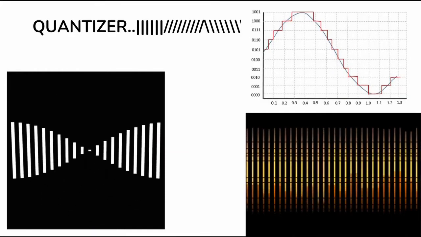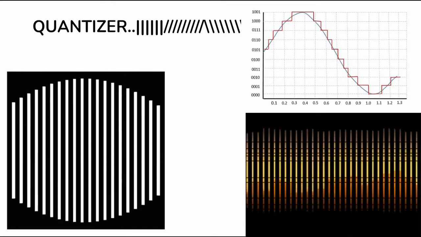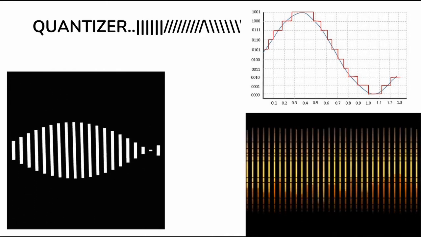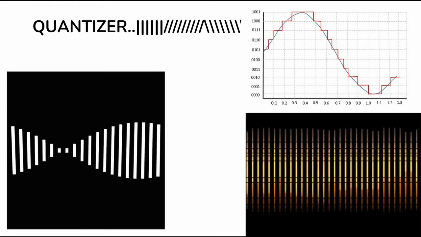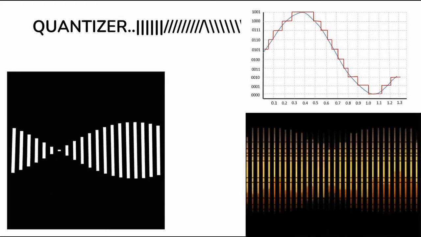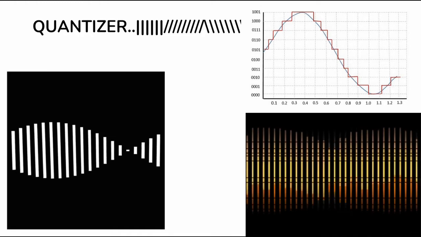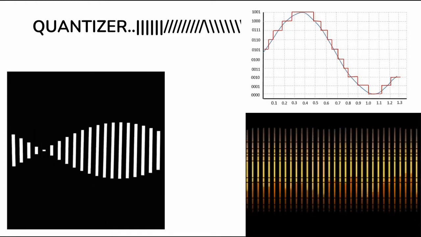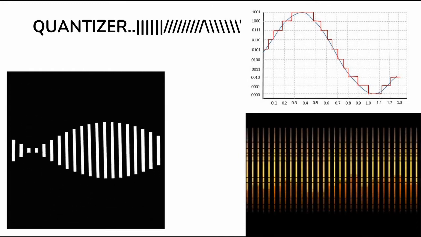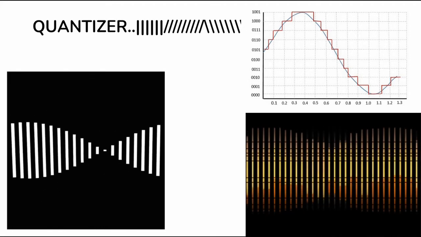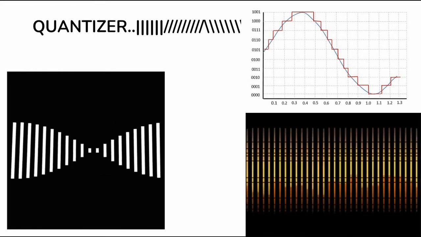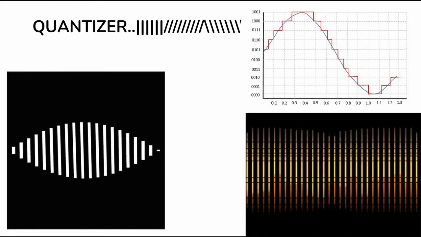A quantizer rounds off these sample values to a discrete value in a set of L quantization levels. The resulting quantized samples g_q(nTs) are discrete in time by virtue of sampling and discrete in amplitude by virtue of quantizing. Graphically, the quantizing process means that a straight line representing the relation between the input and the output of a linear continuous system is replaced by a staircase characteristic. You can see one such characteristic in the graph. The peak-to-peak value of g(nTs) is subdivided into a finite set of decision levels that are assigned to the risers of the staircase. The quantized values g_q(nTs) are selected from a finite set of representation levels or quantization levels corresponding to the treads of the staircase waveform.